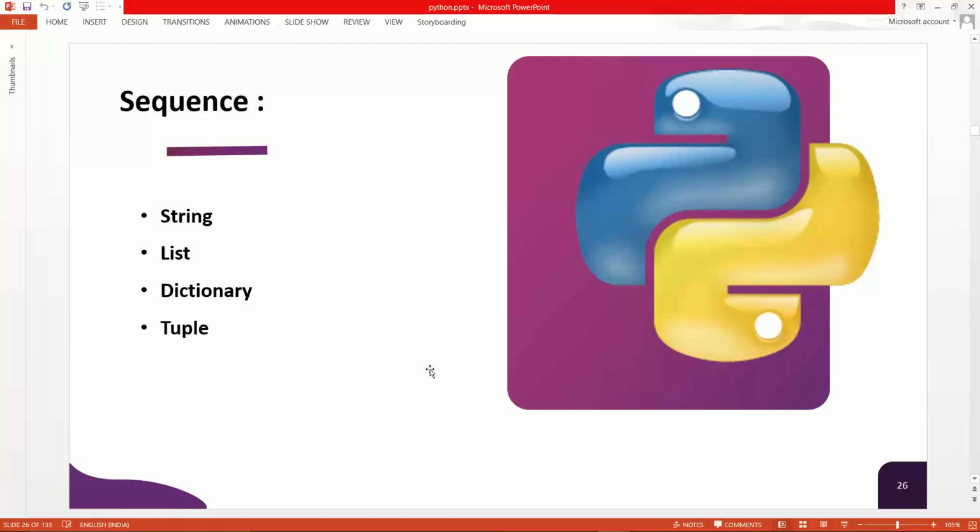Now coming to tuple. Tuple is something you can say is security. It induces security into the data. Once a tuple is created, it cannot be changed or altered. For example, if you have 2 in the first position, you can't make it 3 after the tuple is created.